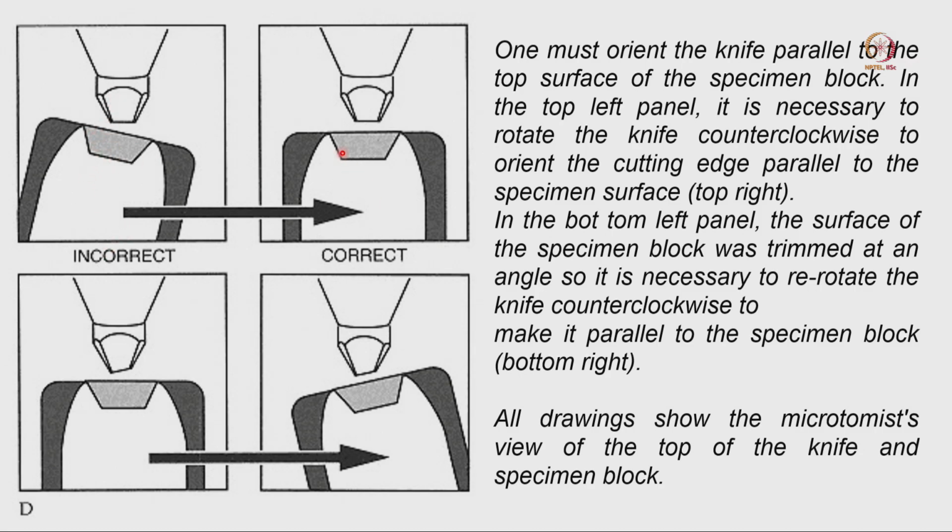So, this is the incorrect position. Your tissue and your knife should be located in this pattern. It should not be in this pattern, if this tissue surface is smooth, if there is no tilt in the tissue sample. Now, if the tissue sample is somewhere tilted, if it is not parallel like that, in that particular position you should tilt your blade accordingly. So, you can get this kind of shape of that section. So, we always follow this protocol to adjust our blade as well as sample, and we modify both things accordingly.